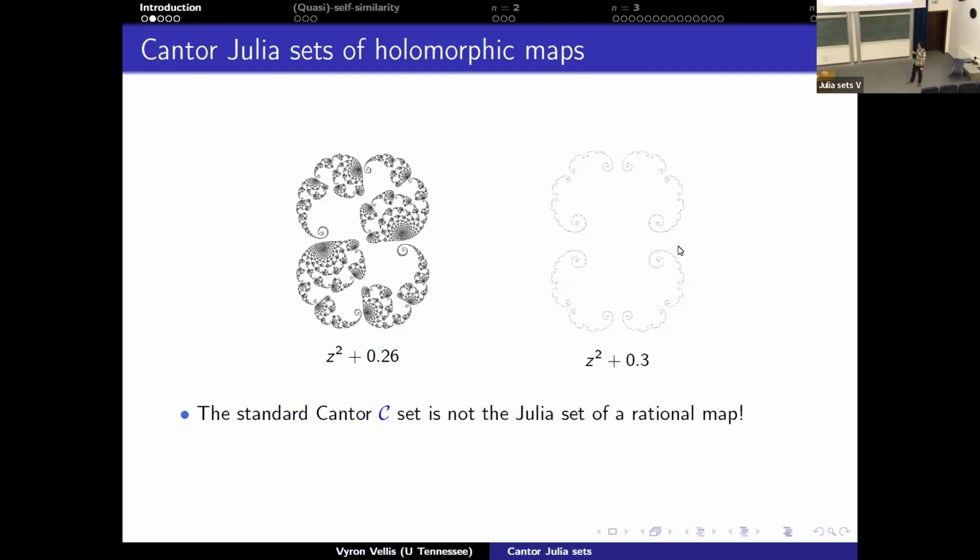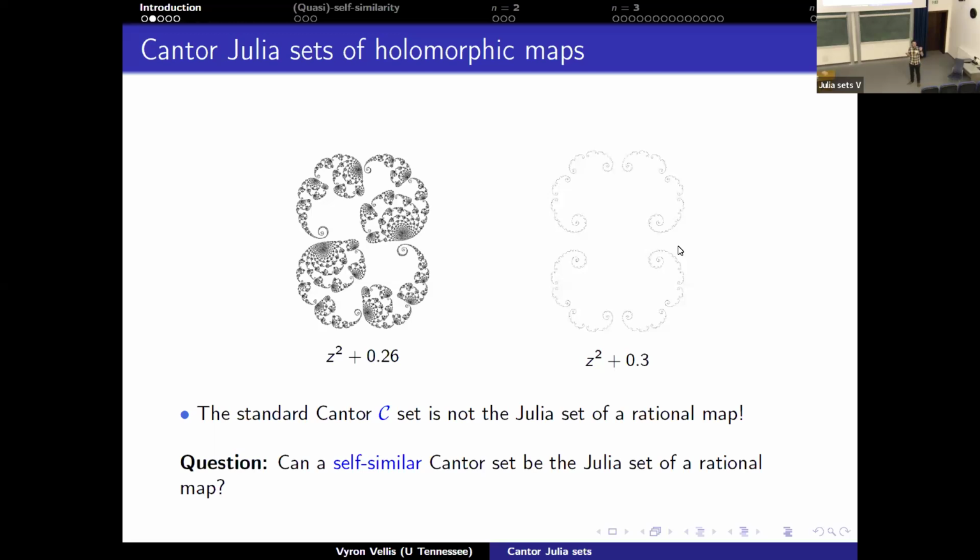And in fact, we conjectured with Alistair, and we worked for a while, that this is a pattern. In fact, not just the standard Cantor set, but any self-similar Cantor set cannot be the Julia set of a rational map or a holomorphic map. Here, when I say self-similar, I mean an actually honest-to-God self-similar set, that you can write down. So self-similar for me means that you can write your Cantor set as the disjoint union of Cantor sets, each one being a rescaled copy of the original one, such as the standard Cantor set.